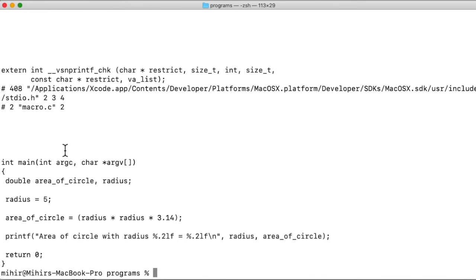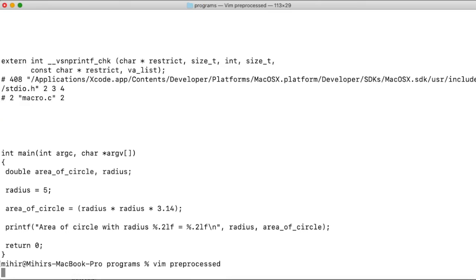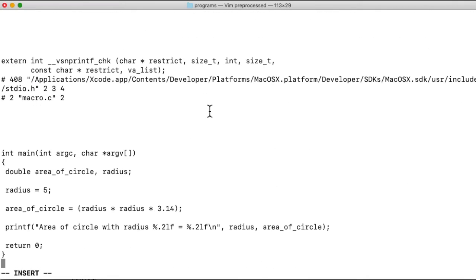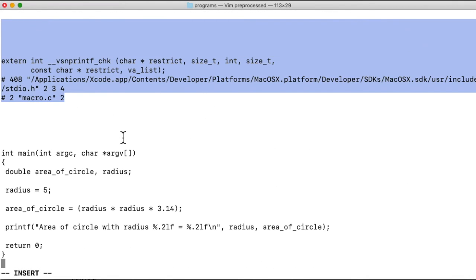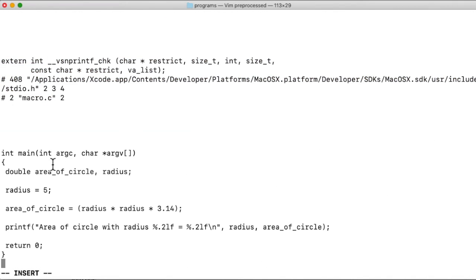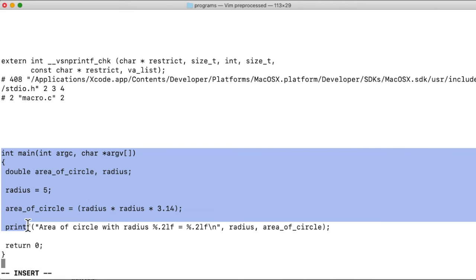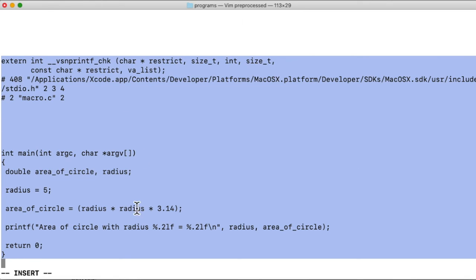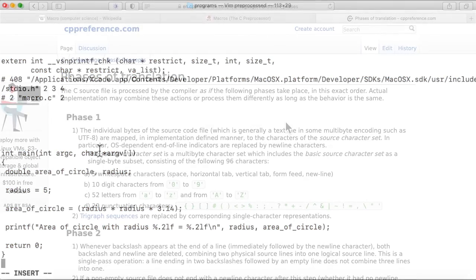We'll just copy it completely and paste it to a file. All this code is actually the header file above. We will come to that too. But before that, you see this part of the code. Here it was AREA_OF_CIRCLE. It got replaced with this. And now this file will be sent to the compilation stage.